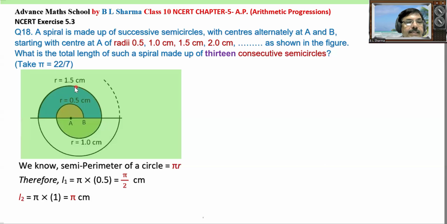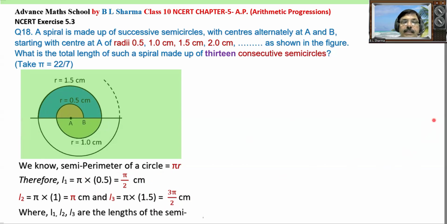Now its radius is 1.5 centimeter. So what is the length here to here? That is pi into 1.5. That is 3 pi by 2 centimeter. And so on up to 13 semicircles. तो देखिए आपको ऐड करना पड़ेगा पाई बाई टू, देन पाई, देन 3 पाई बाई टू एंड नेक्स्ट विल बी 2 पाई. तो ये एक अर्थमेटिक प्रोग्रेशन का एक सीरीज हो जाएगा